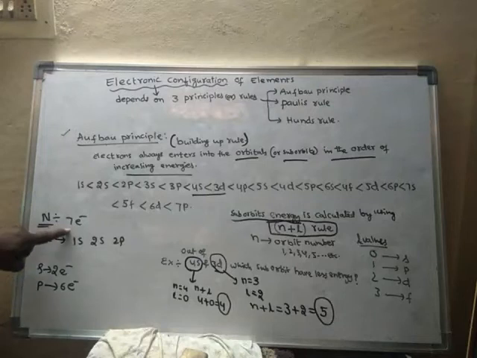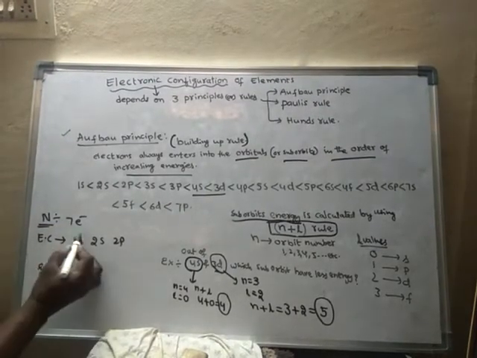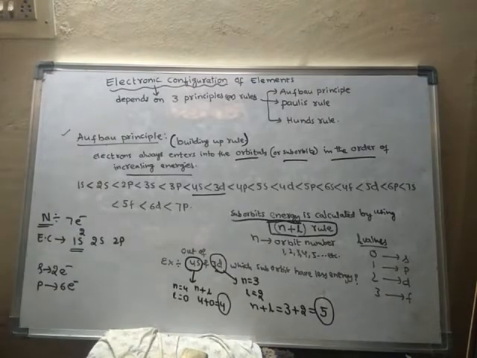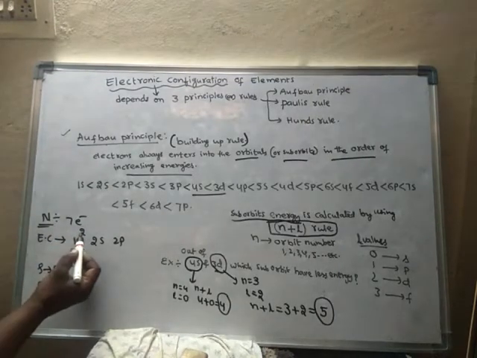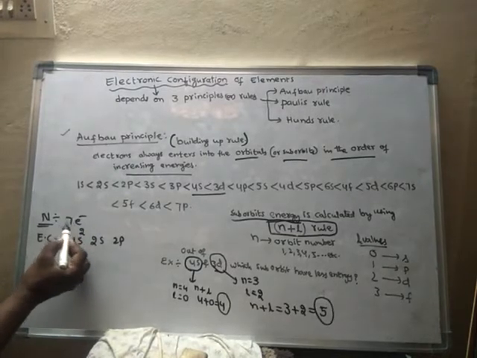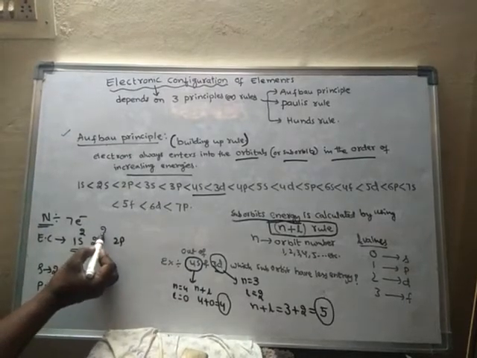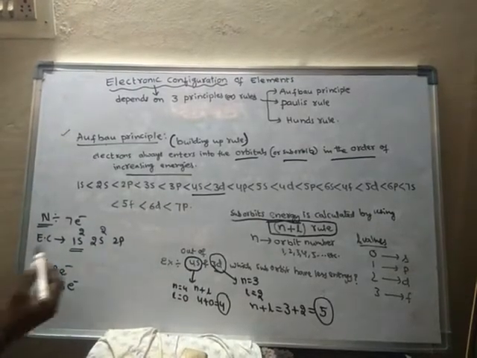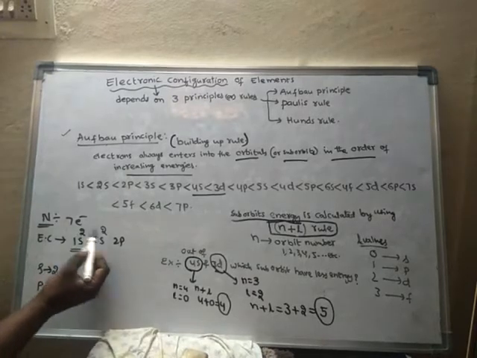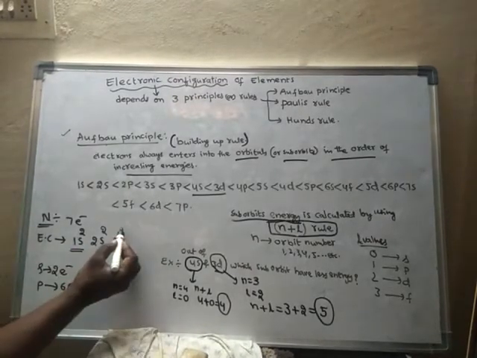As there are altogether 7 electrons, the first 2 electrons will enter into 1s, so that means 1s2. After 2 electrons enter this one, the remaining 5 electrons are left over. Of those 5, 2 electrons will enter into 2s. And how many electrons are left over? Only 4 electrons have been filled into these suborbits, so 3 more electrons are left over.